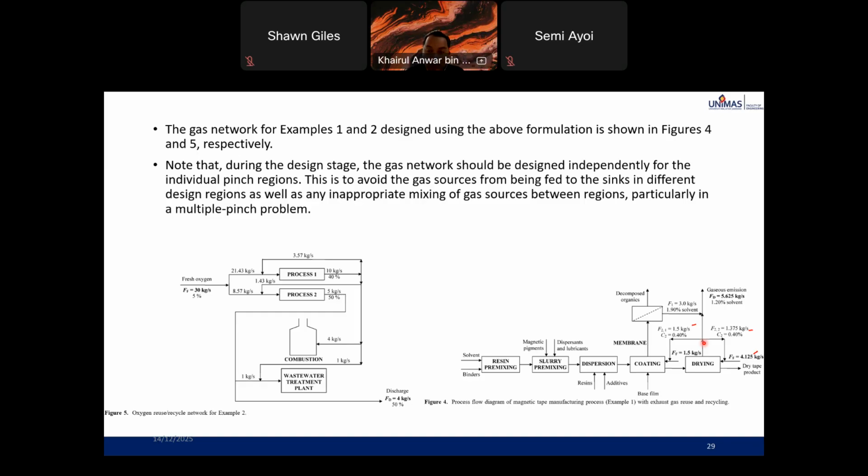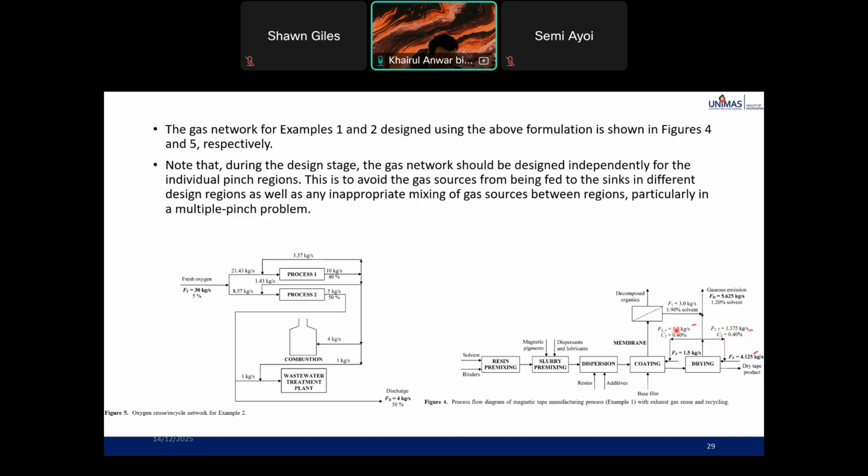Okay, 2.875 is coming from the 0.2, 0.2 from the dry. Okay, so then if you add this up, 1.375 and 1.5,